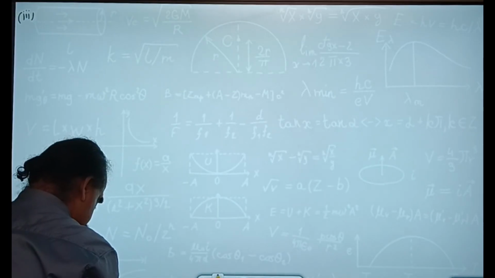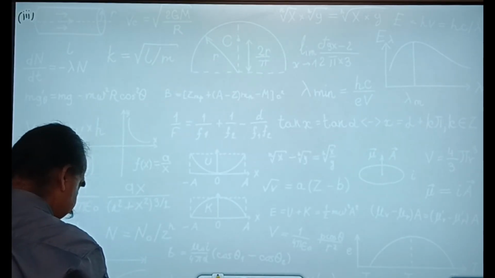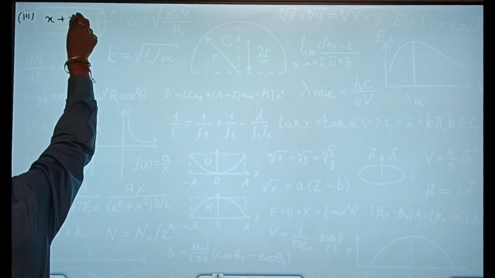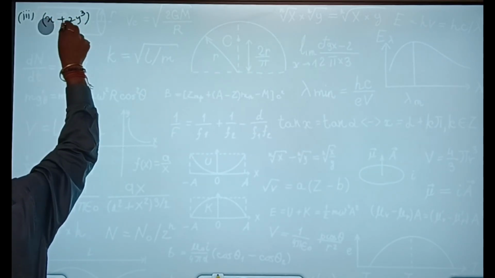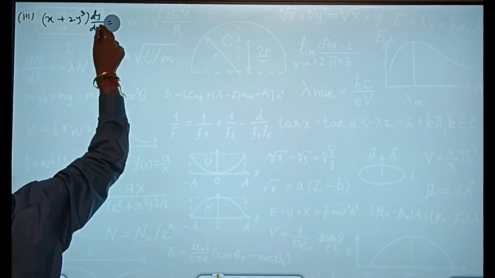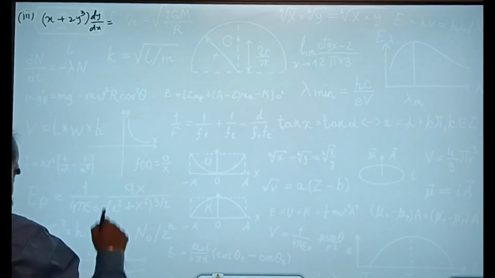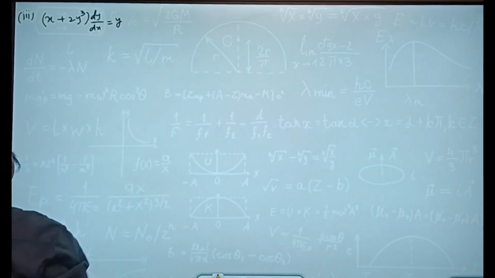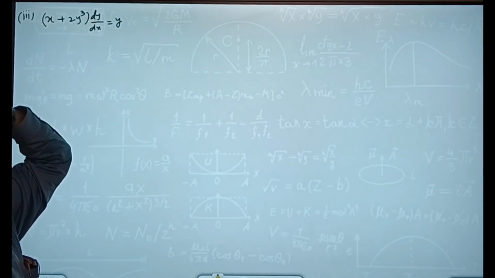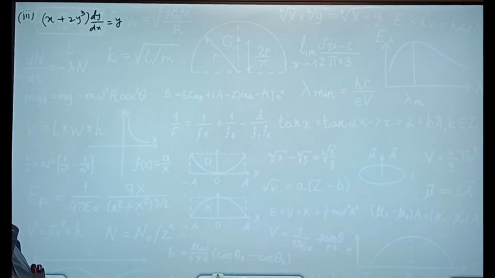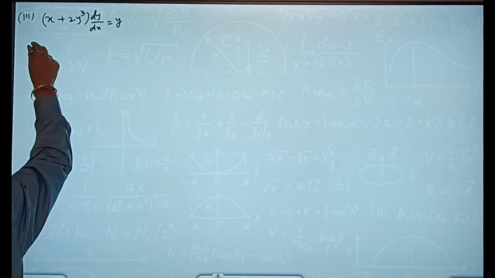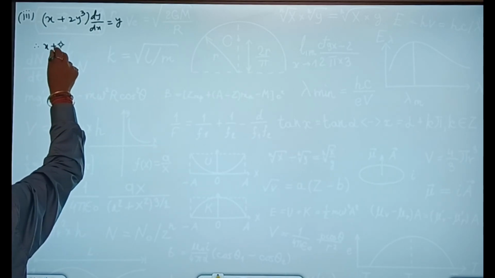(x + 2y³) dy/dx = y. See, in this case, if we divide this by here, on the left hand side, then we cannot convert it to a linear differential equation. So what we have to do, we'll keep x + 2y³ on the left hand side only